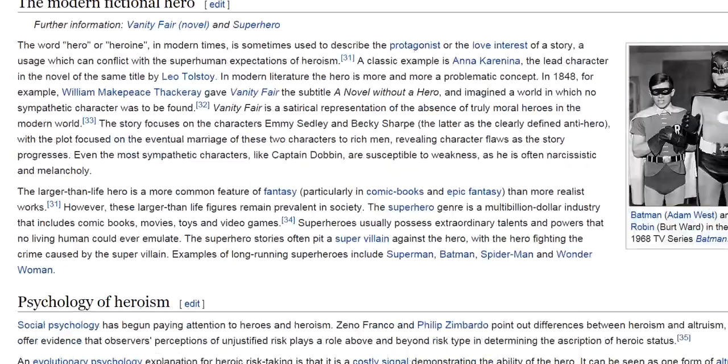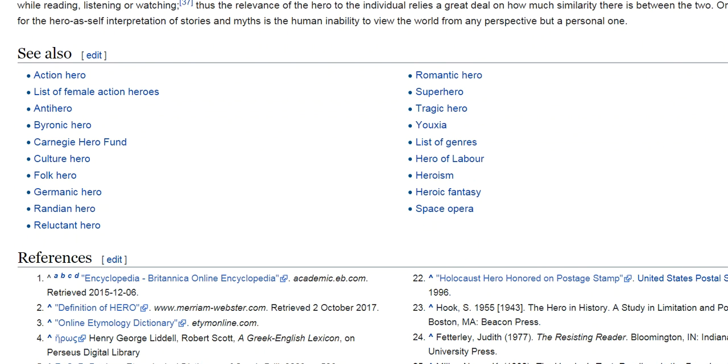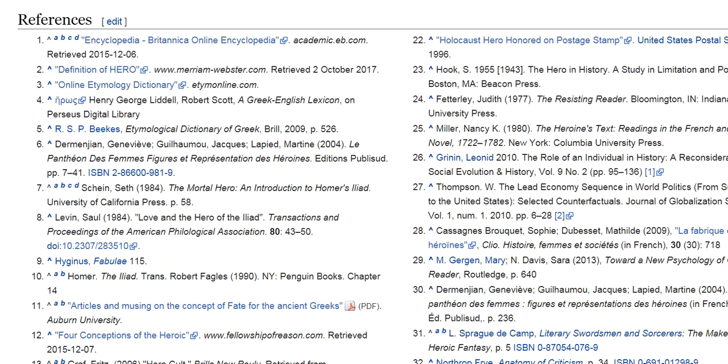It's not accurate, but I can study it. But down here are the references, and these are legitimate sources. So even though I can't use Wikipedia, I can go down here and find some of these articles that are relevant to my study of my character as an example of a classical hero. Let's look at one of these. Let's just click on one of these and open it.